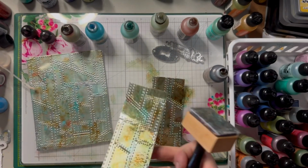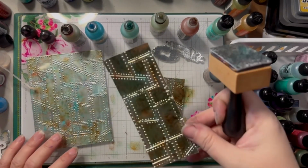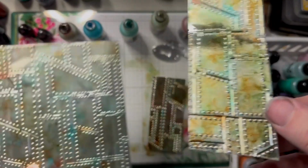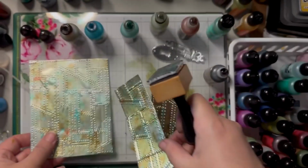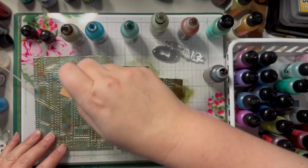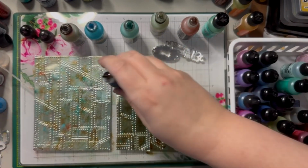Yeah, the colors definitely, I don't know how well you can tell. Let me see how well you can see. It's definitely more intense on the shinier side versus the more matte back of the tinfoil. This definitely needs more color added to it. Let's see. Let's do,